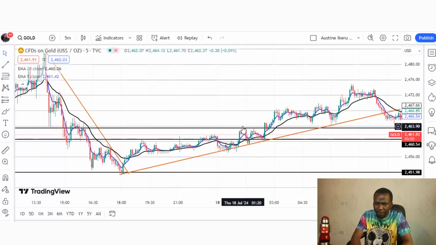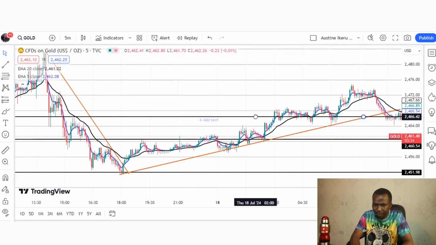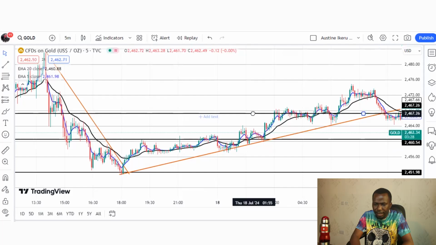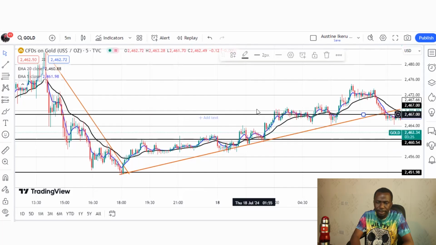So after taking our profit here, the price rallied down to this support level. You can see that the trend line and the moving average, the 20 EMA, is acting as a support level. So we take a buy trade at the close of this candle, and our take profit, we're going to target another 30 pips somewhere here, right? Target another 30 or 40 pips somewhere here or here.